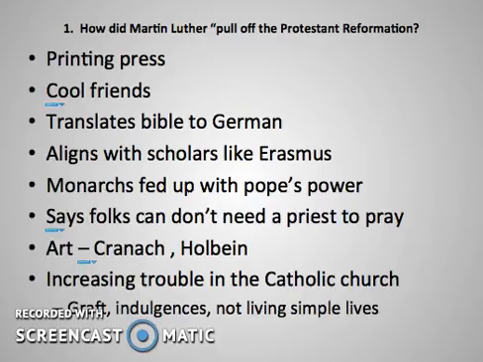Okay, so those all important essay questions. How did Martin Luther pull off the Protestant Reformation? I believe by emphasizing the significance of understanding the Protestant Reformation, especially through those really good explanations from Smart History, and then I gave you a detailed list of bullet points to recall. So you could have mentioned, amongst many things, the fact that Martin Luther translated the Bible into the common vernacular of his people. He pointed out that you didn't need a priest in order to pray.